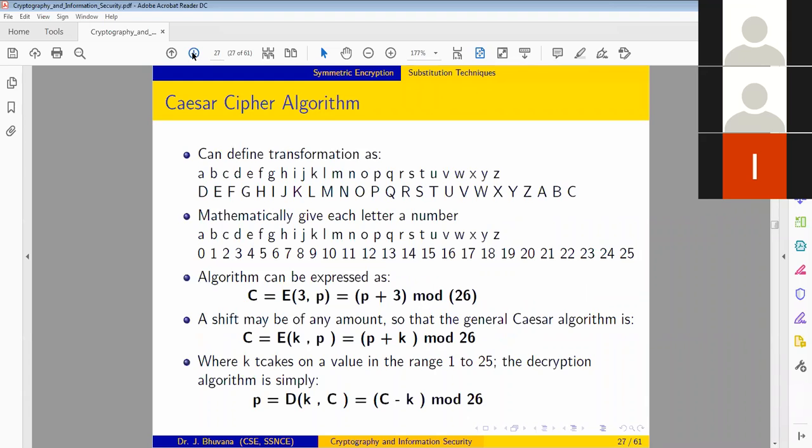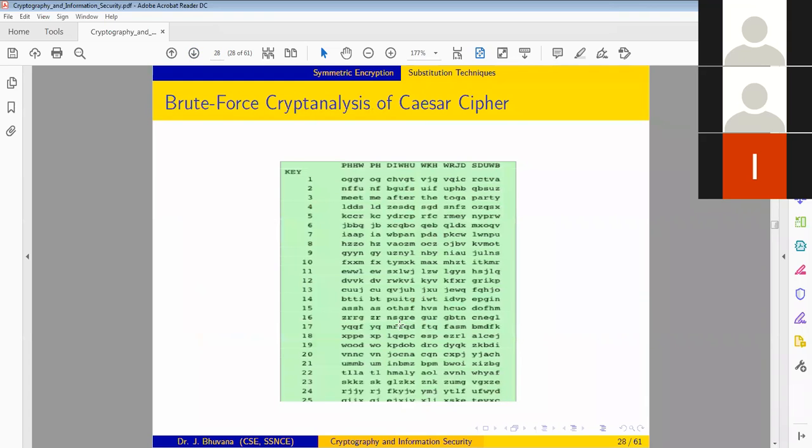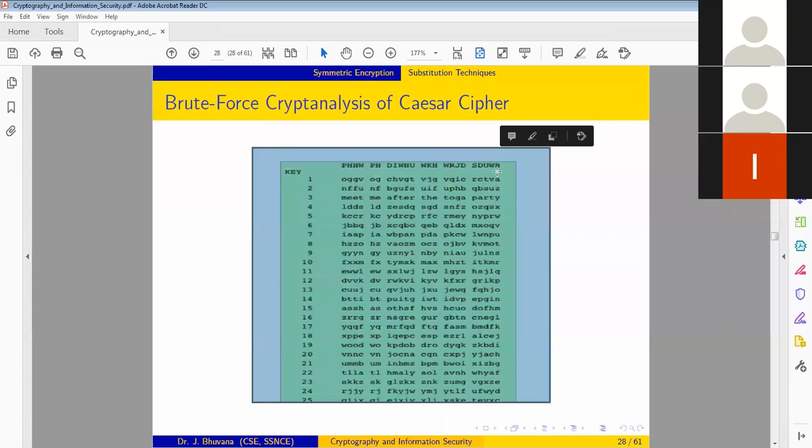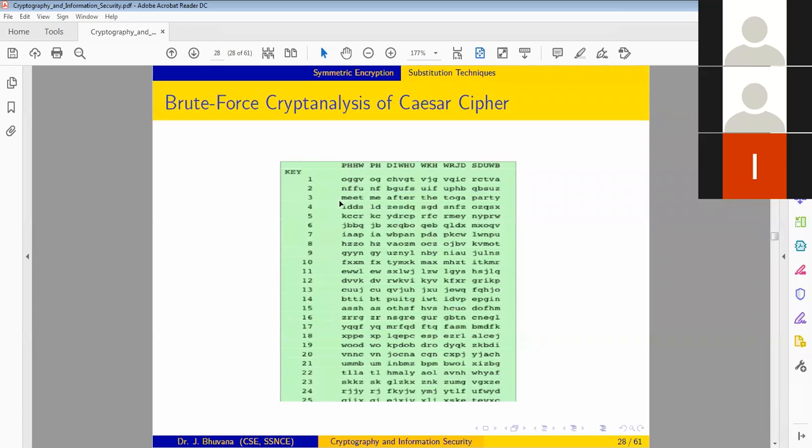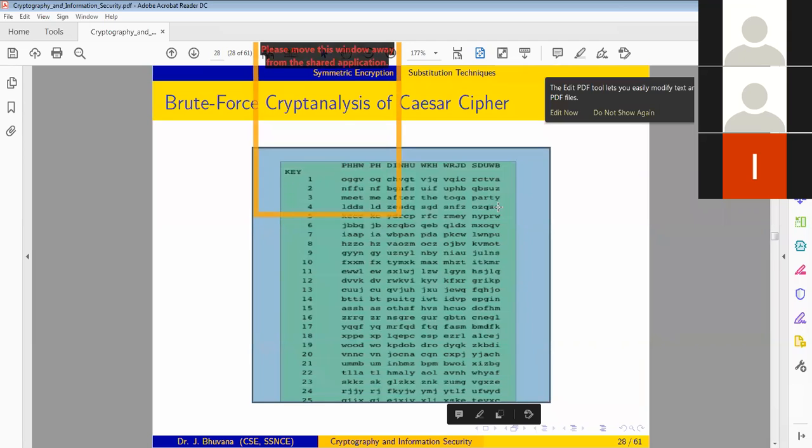Okay, and the next one is, this is an example you can see here. It is a very simple encryption technique that can be easily cracked to get the plain text, since we have only 26 possible key combinations to work with. The key is the displacement we are adding to the plain text. I add 1, I check whether I'm getting a readable plain text or not. I add 2, I check whether I'm getting a readable plain text or not. The first 2 attempts are failures. I add 3 and I'm seeing that